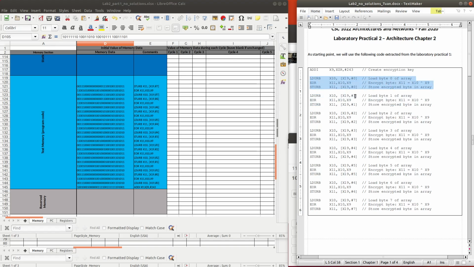The only difference is the data in memory will be loaded from offset address 1, exclusive ORed with the key, and then returned back to offset address 1, and the base address is still shown by X19.